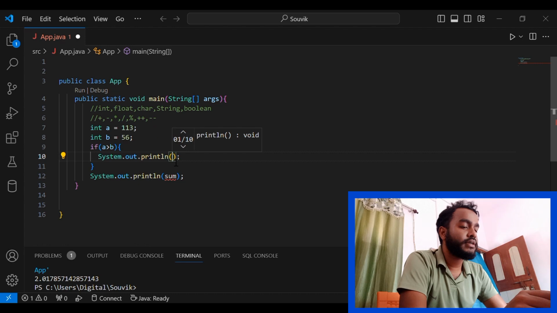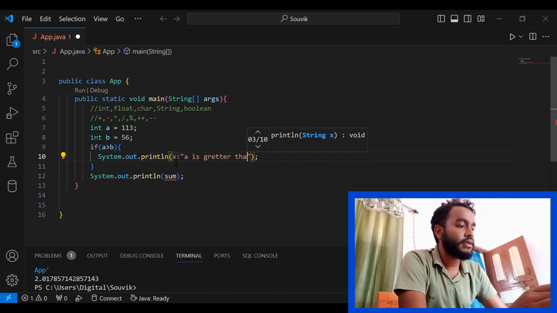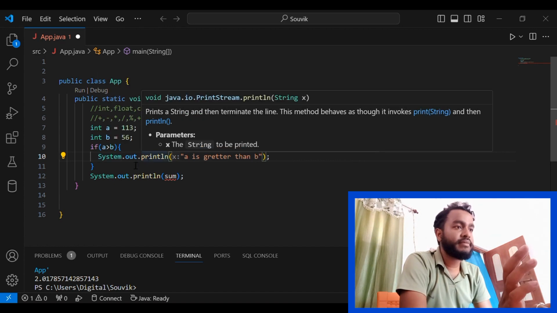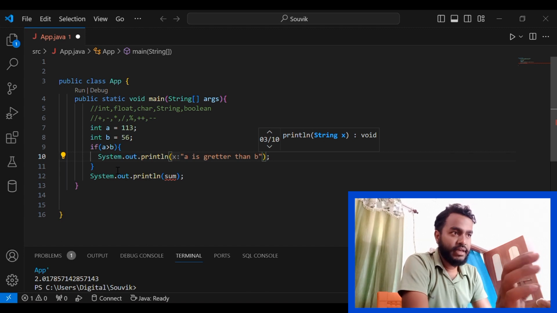So here write a is greater than b. Okay, so this is a condition, and another condition may happen here, like if b is greater than a,